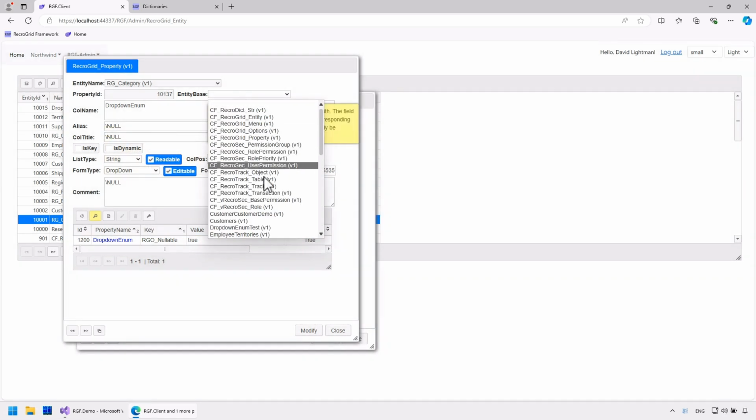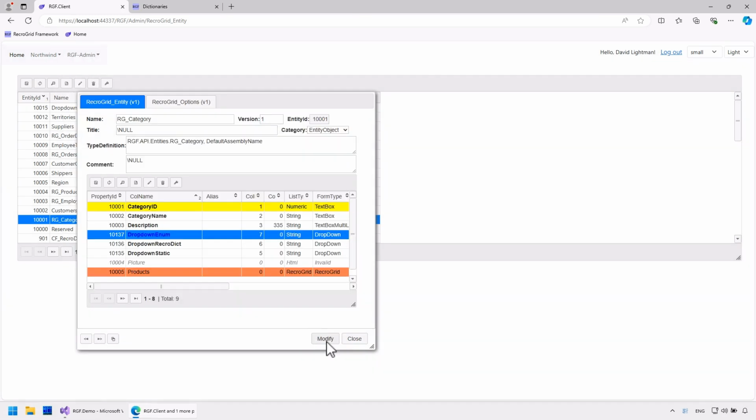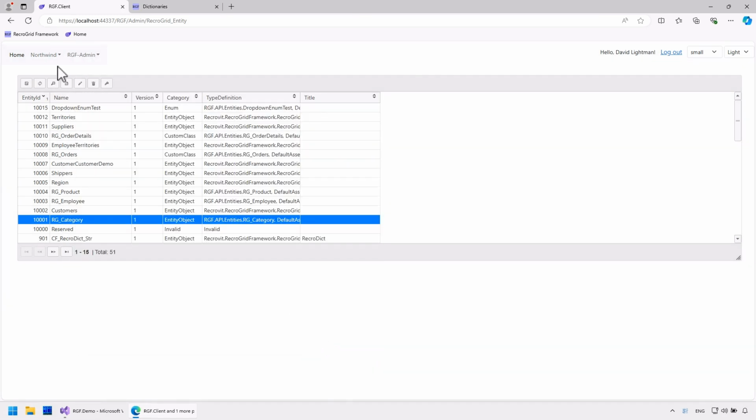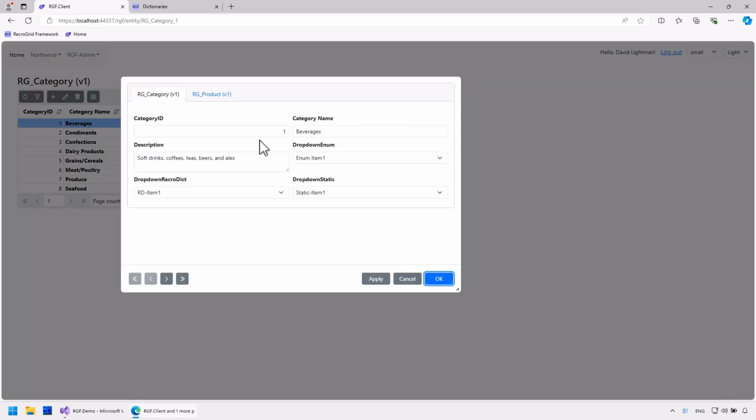In this case, it takes the dictionary elements based on the entity base. The result is the same.